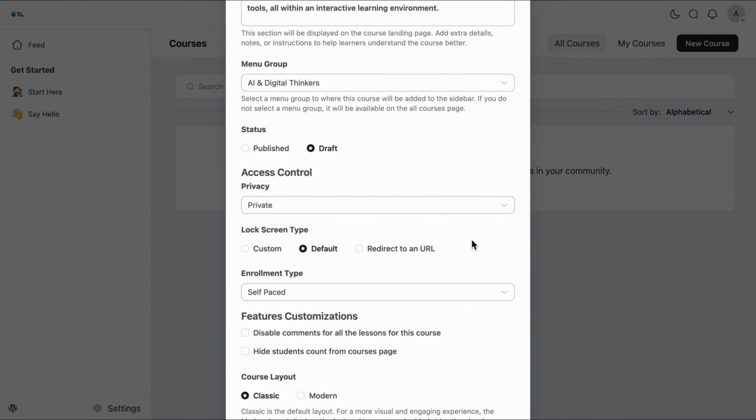So did you notice one thing? Right away after setting the privacy to private, it unlocks another feature, the lock screen type. This part will be visible to my learners whenever they try to enroll in this course. And this is why this page requires some personal touch as well. But not right now, right after dealing with the course. So I will get back to it